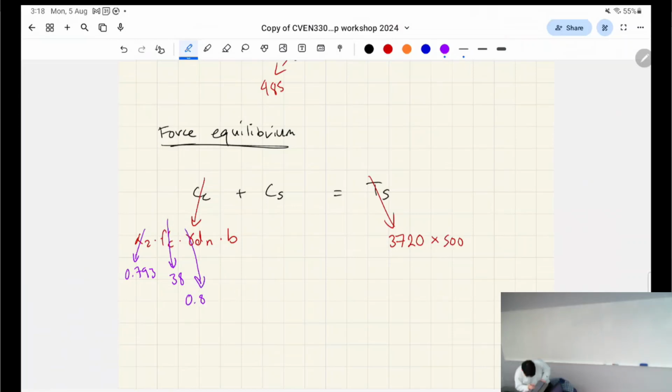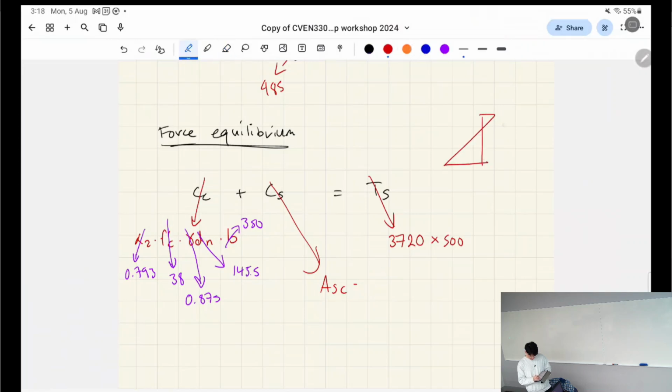Oh, I can't read my writing. We know what dn is, right? 145.5. We know what the width was, 350. Okay, here's the cooked part. So CS, right? We've established it's the area of the steel, which we're going to have to solve for, right? But are we going to assume the steel is yielded? No. Because compressive steel sits too close to this triangle to be yielded, basically. The further away it is from the neutral axis, the more likely it is to yield, right? So we're going to assume it's not yielded,